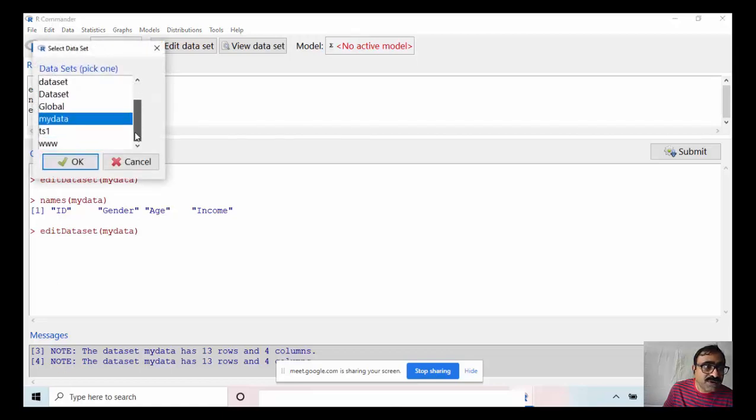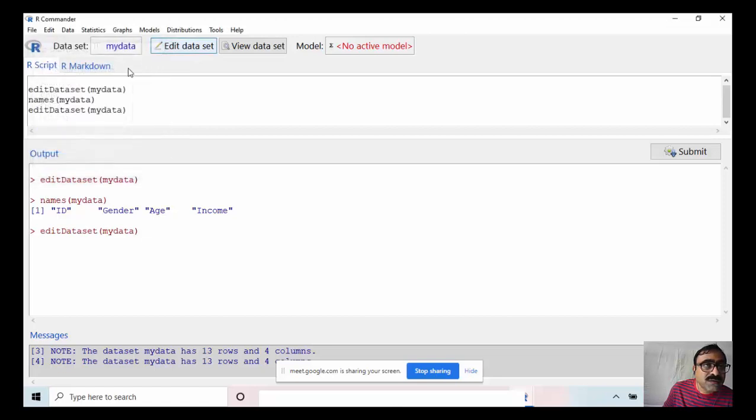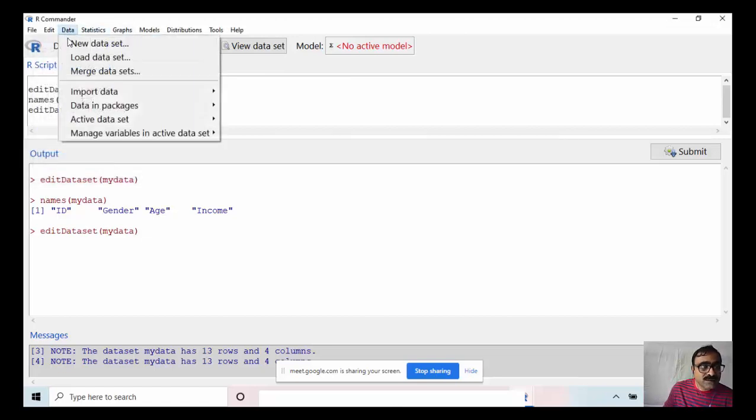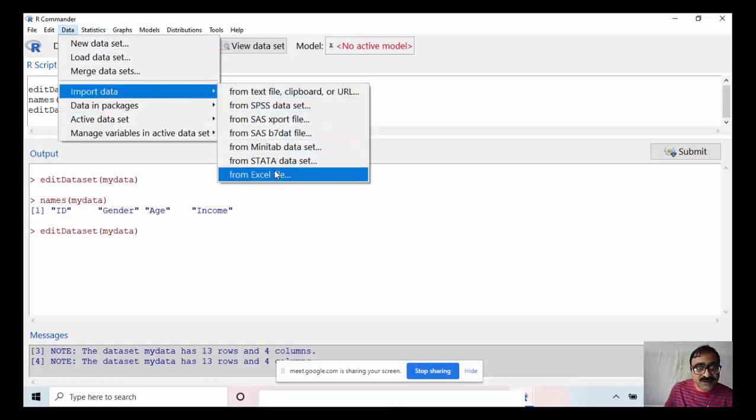Now that will appear here. Perhaps that file is corrupted. Another file.